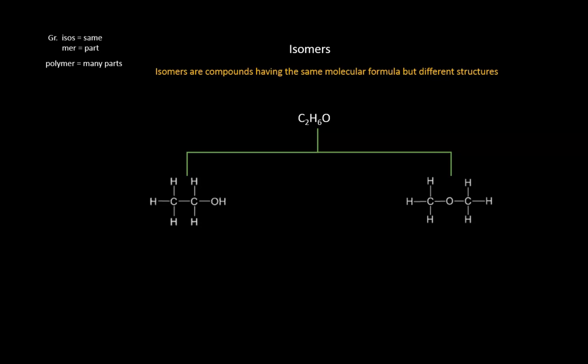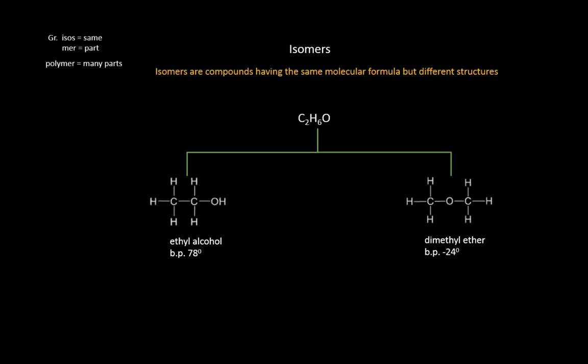The first one represents a molecule of ethyl alcohol, also called ethanol. This one is called dimethyl ether, a very different compound from alcohol, both in physical and chemical properties. For example, alcohol is a liquid at room temperature as it boils at 78 degrees Celsius, while dimethyl ether is a gas at room temperature because it boils at minus 24 degrees Celsius. It's interesting and quite amazing how the same atoms can be joined in different ways to produce vastly different chemical